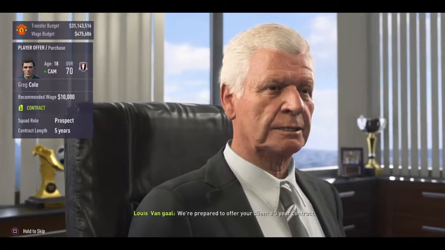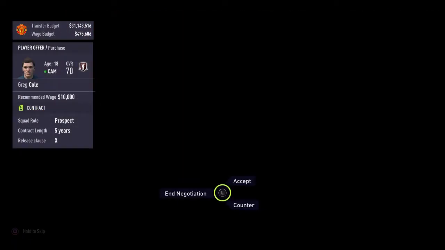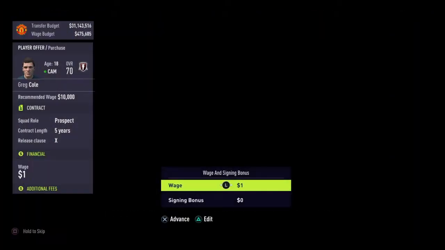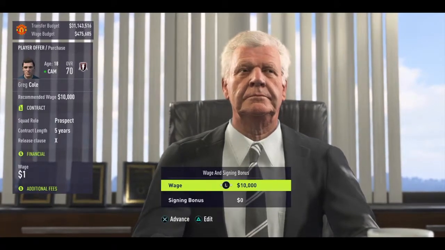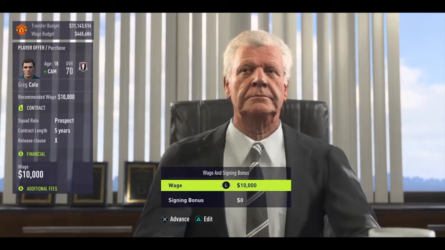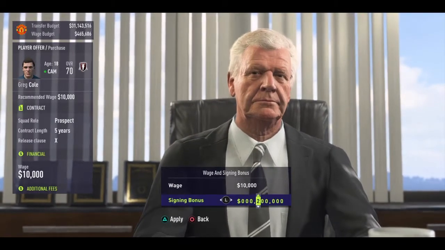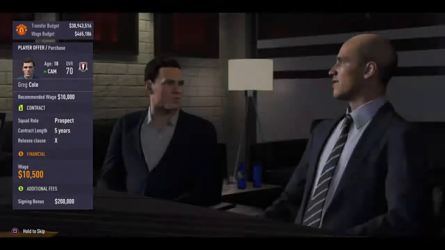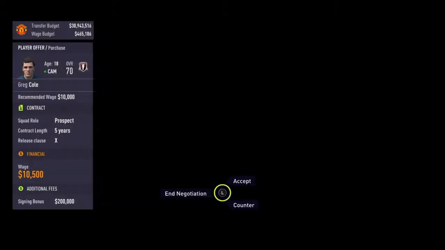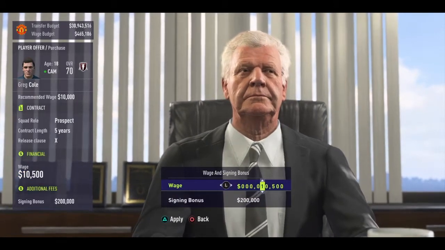Let's do a 5-year contract. No release clause. Accept. Okay, so we can offer him 10,000, since that is the recommended wage under his name right there. $200,000 sign-in bonus. Let's see what he said. So he wants 10.5. So what we're going to do is actually offer him 9 this time, potentially,